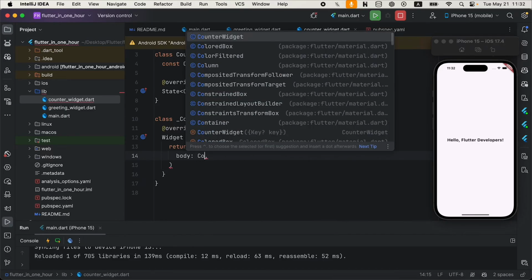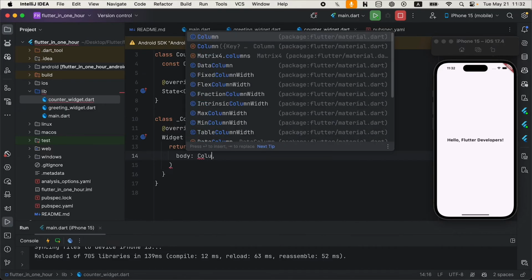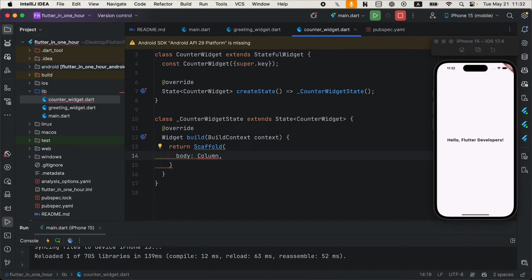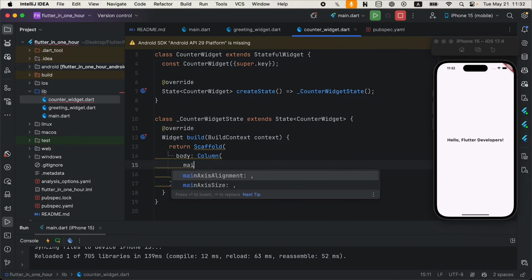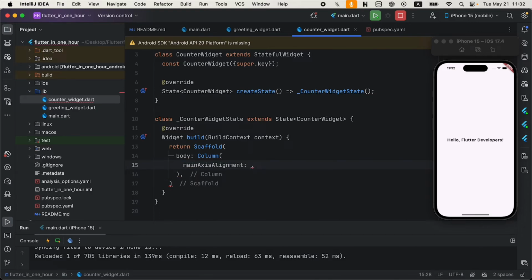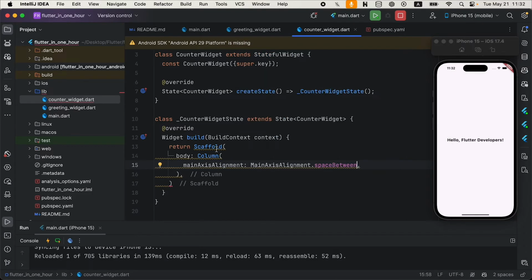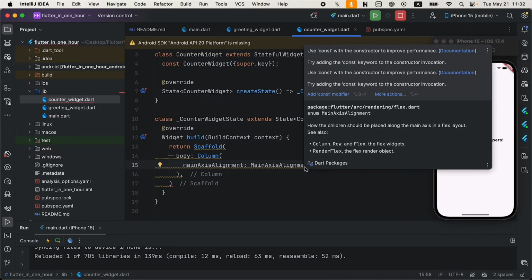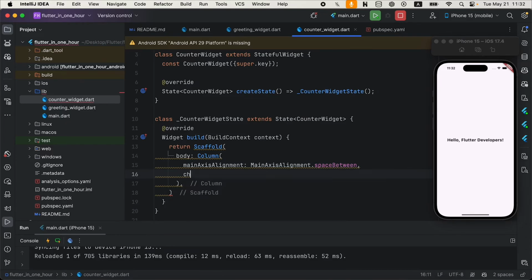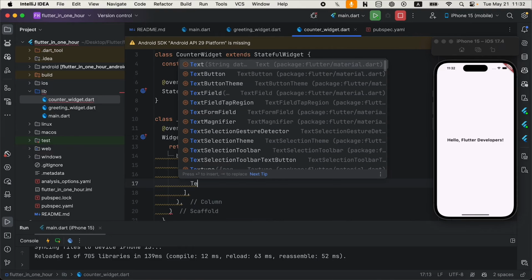Let me write a column, and let me give an alignment to that column. Don't worry, I will explain all this code here, and I will give children, and then let me write some text widgets